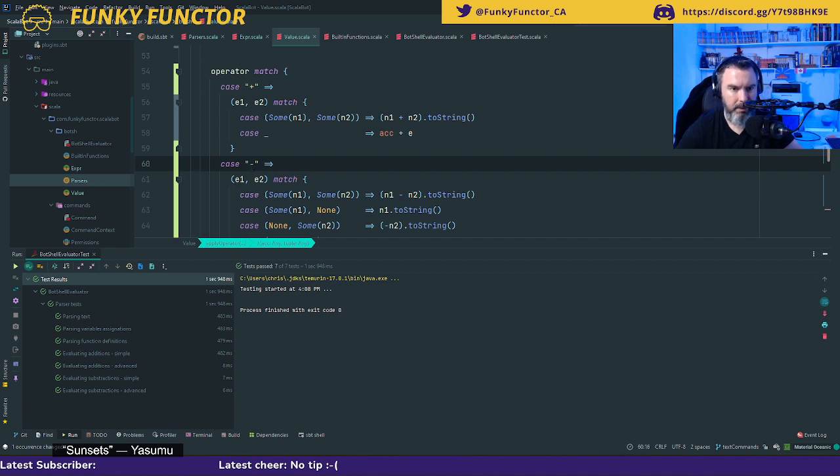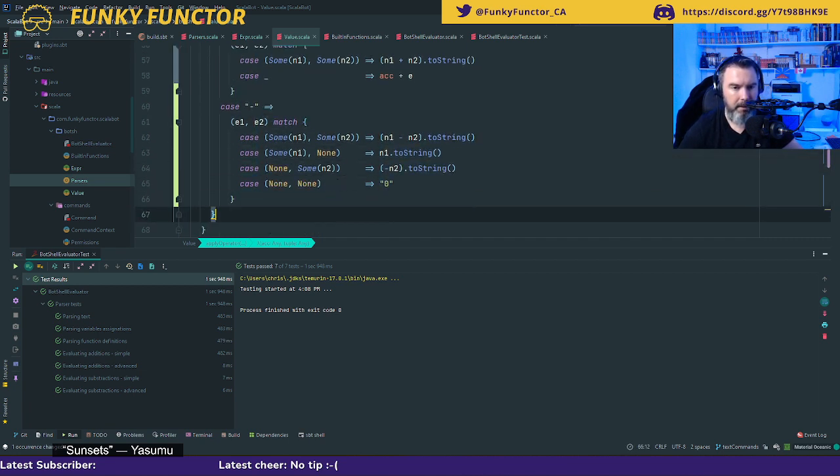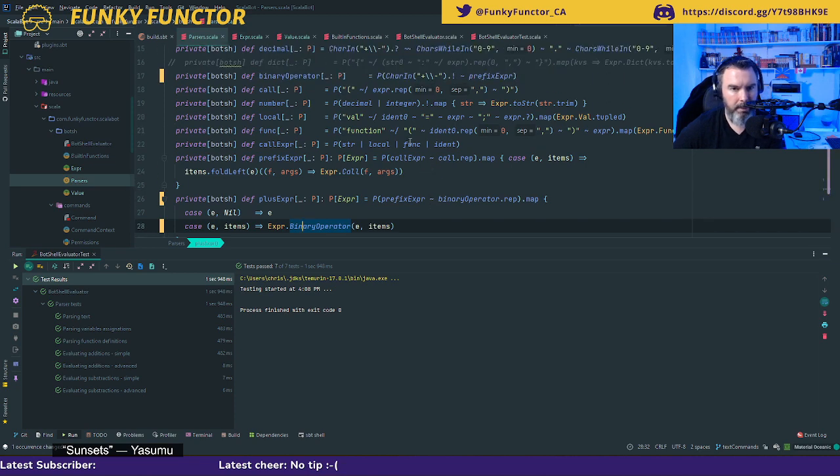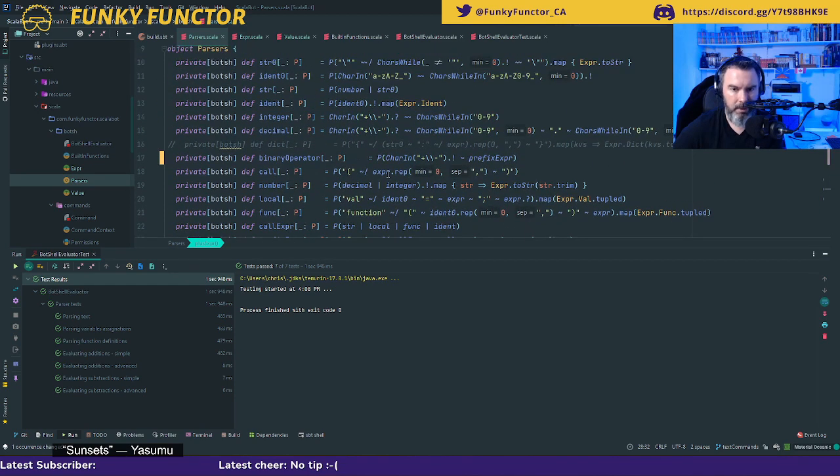Here I want to get a minus. I don't want to have anything else. So in my binary operators, I want to have plus, minus, multiply, and divide.